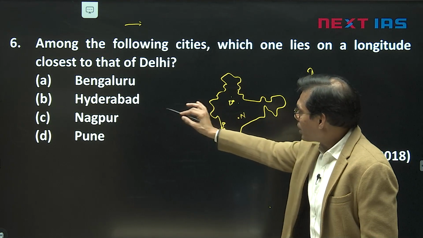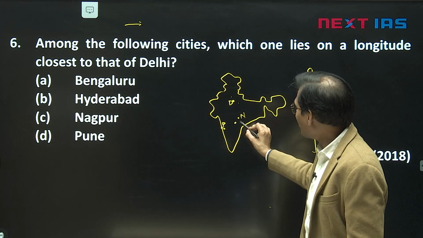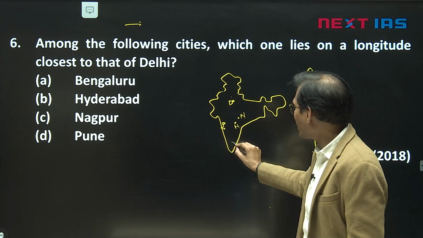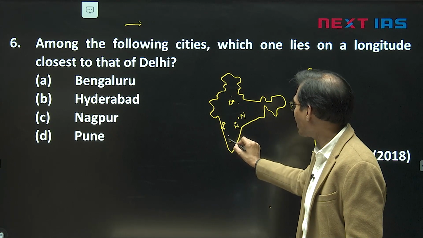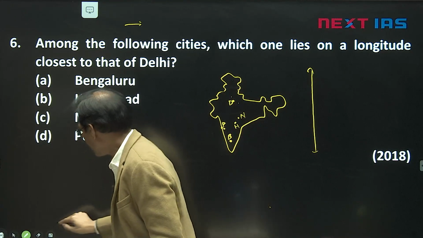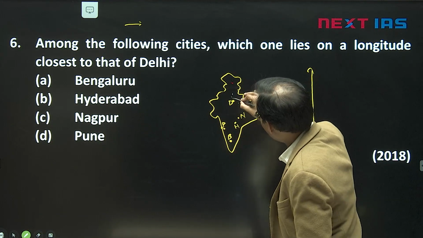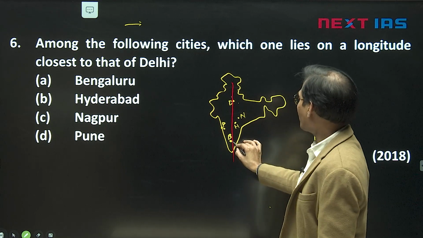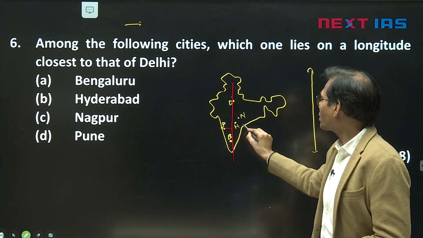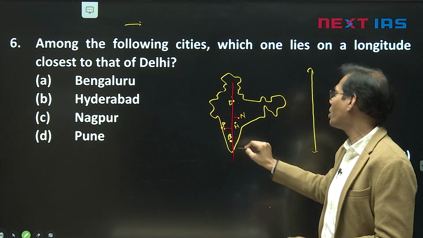And if I say Hyderabad in Telangana, and Telangana is like that, and Telangana's capital Hyderabad is here. And Karnataka's capital, Bengaluru, is here, near Mysuru. If you judge and draw a line like that here, then Delhi and this side, this line, it is closer to Bengaluru. Delhi's longitude: Pune to the west, Nagpur to the east, and Hyderabad closer, but even closer Bengaluru.